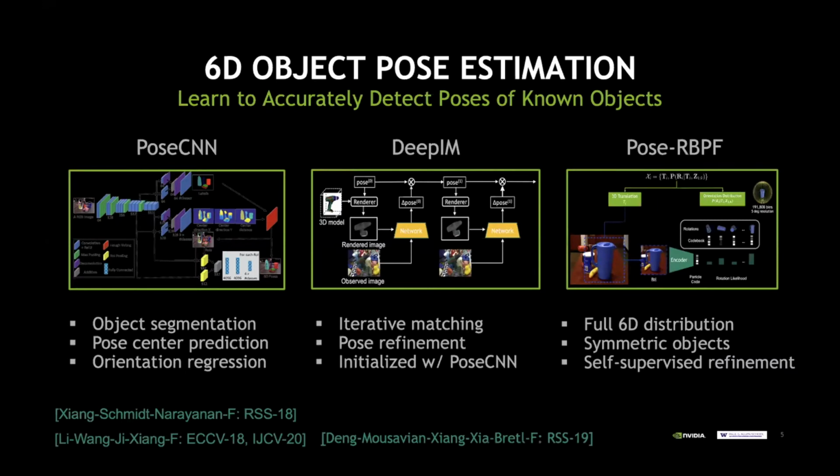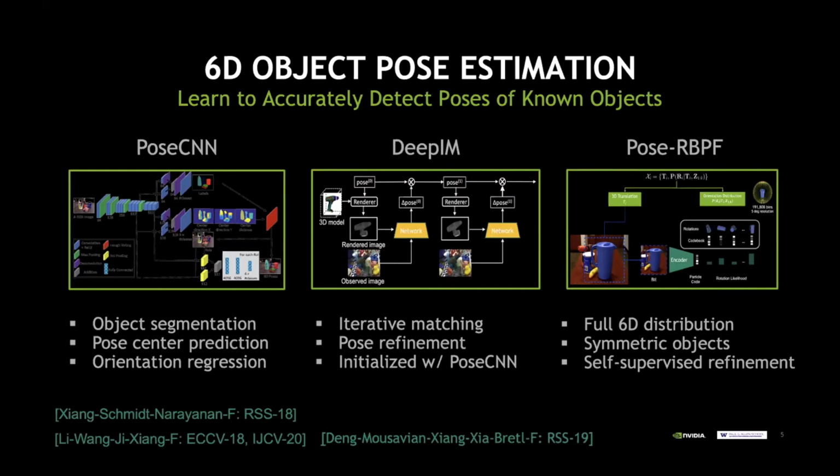And finally, the last piece of work is PoseRBPF that was presented last year at RSS, where we explicitly estimate a full 6D distribution over the XYZ position and orientation of objects using a Rao-Blackwellized particle filter. And that technique has a big advantage that it's extremely robust, and also is very well suited for dealing with symmetric objects. So again, I'm not going to go into any details here, but these are the techniques that we developed in order to instantiate the information that these task and motion planning systems typically expect during the execution of a plan, for example.